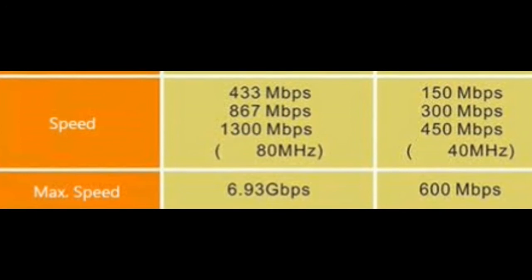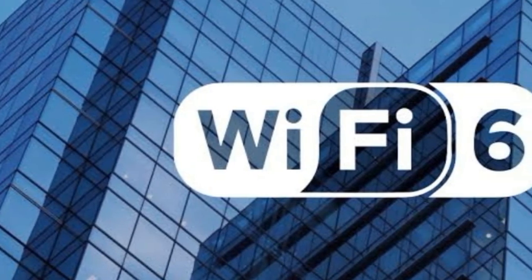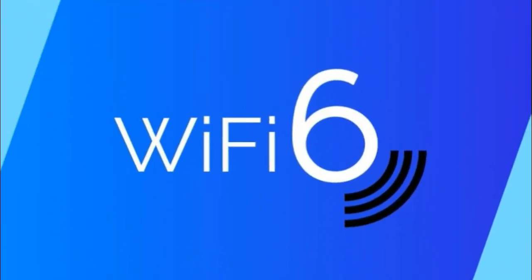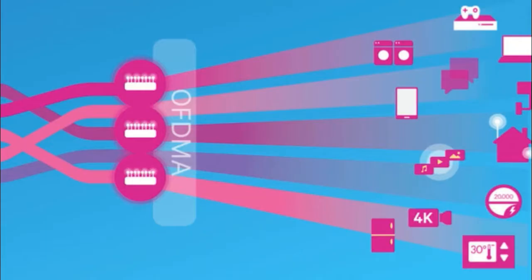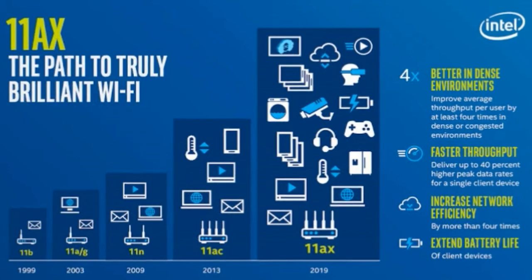But what about the latest Wi-Fi protocol, 802.11 AX, which is also dubbed Wi-Fi 6 or high efficiency wireless? Well, Wi-Fi 6 is just an evolution of 802.11 AC technology that promises to increase throughput speeds of up to 4.8 Gbps, less network congestion, greater performance, and greater client capacities. It also offers improved wireless technologies, which include orthogonal frequency division multiple access, also known as OFDMA,